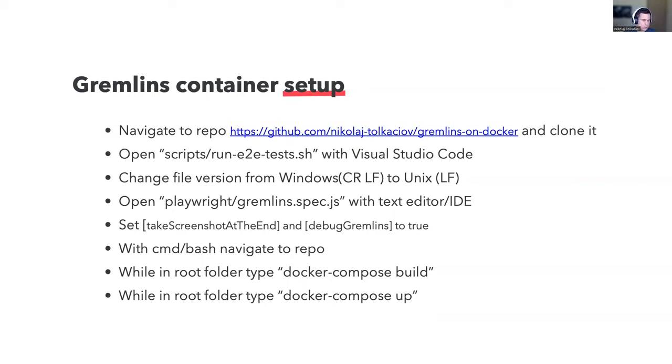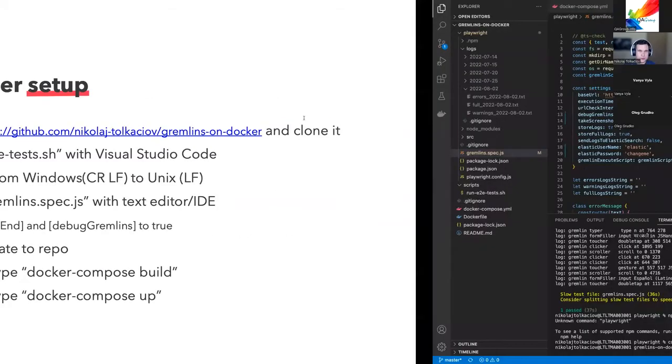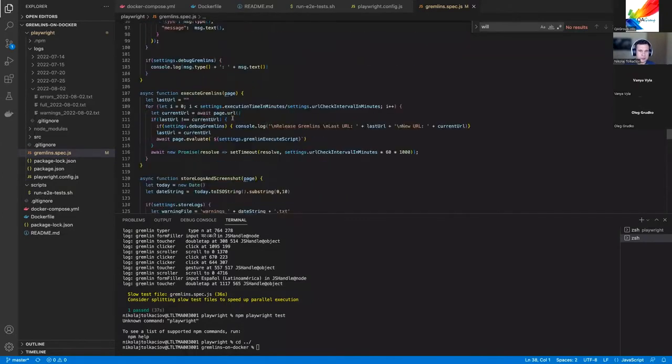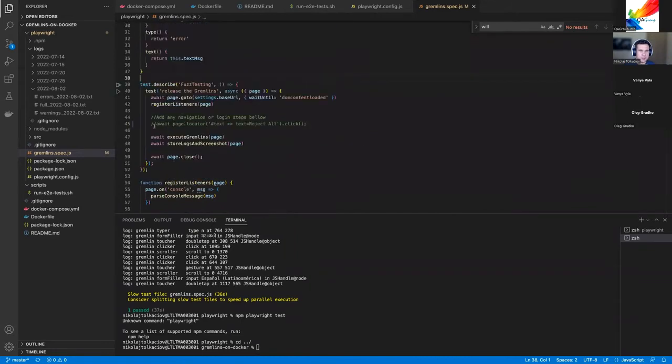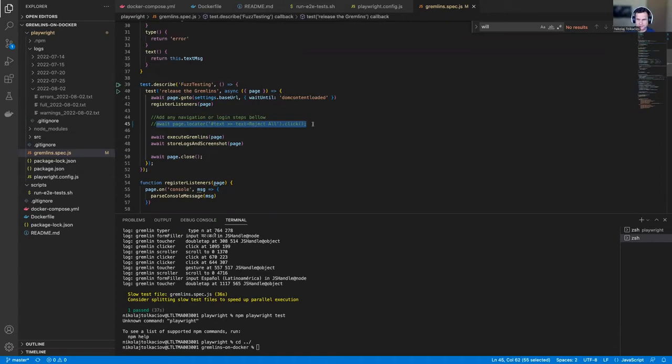What might be the case is that for your setup, you might need to disable this line, line 45, because in my country we have these GDPR policies. So I am getting a pop-up asking whether I should reject or accept all cookies. If you don't get that window, please comment out this line so it wouldn't be waiting for that